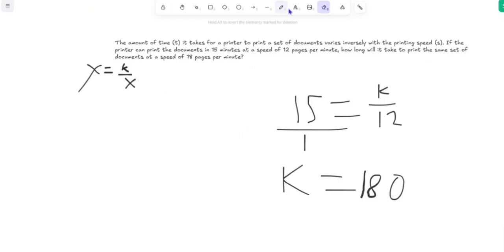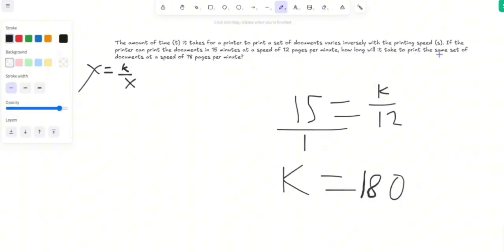Next, how long will it take to print the same set of documents at a speed of 18 pages per minute? So how long will it take? Ibig sabihin yung time ang hinahanap. So t equals, ang k natin, mayroon na tayo, 180